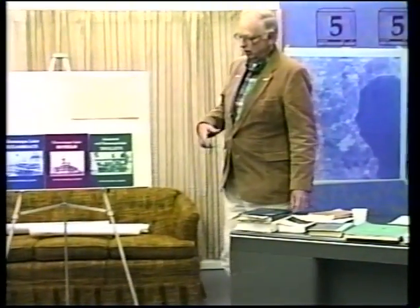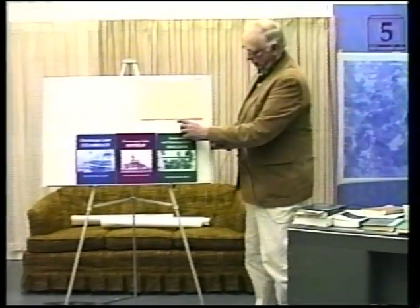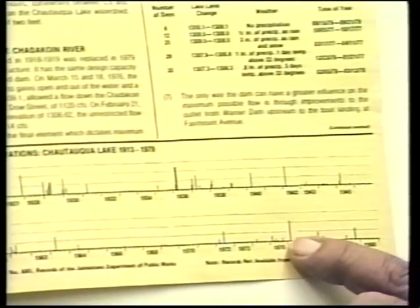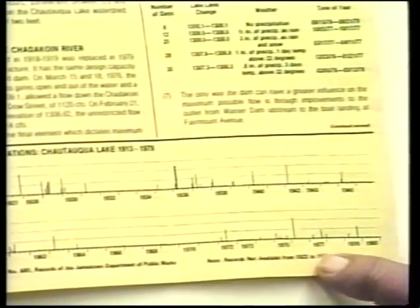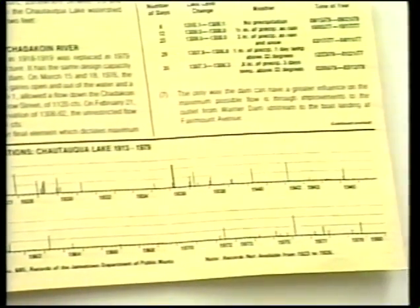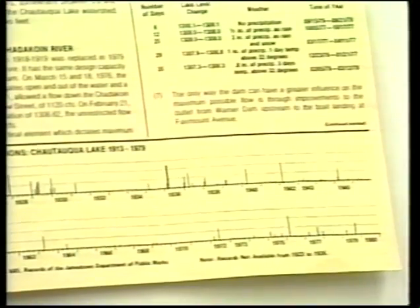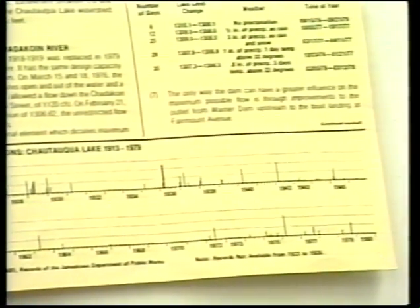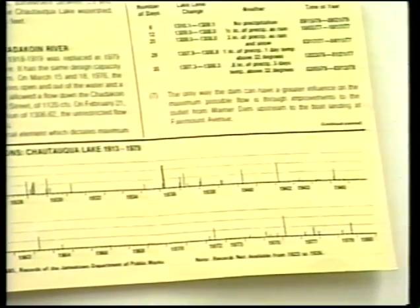after the 1976 implementation. But we do have the 76 storm, which is quite high. It exceeds the 100-year storm on the lake. And the reason for that is a spring freshet, and we'll talk about that for just a moment, because that's the year that I did an intensive study of the snowpack in the watershed of Chautauqua Lake, and went to